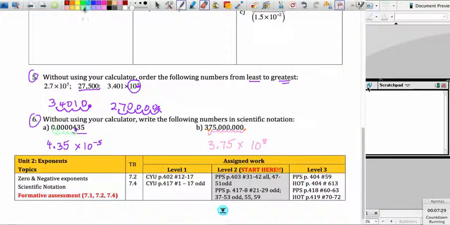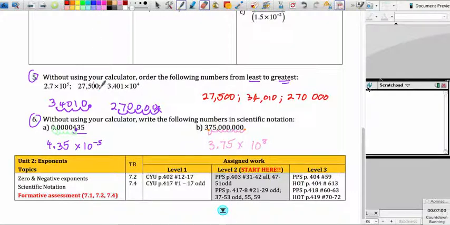27,500. So in order from least to greatest, 27,500 is the smallest. Then we have 34,010, and the largest of the numbers is 270,000. Okay, if we were using scientific notation instead, we could have rewritten